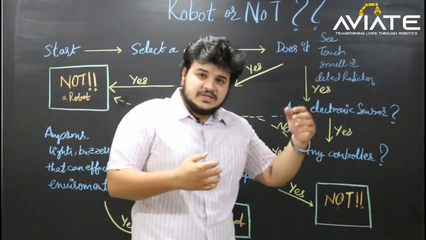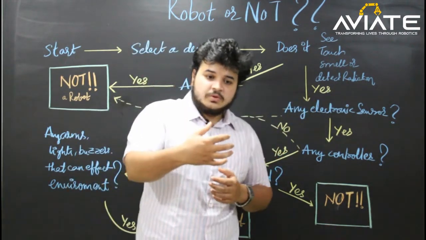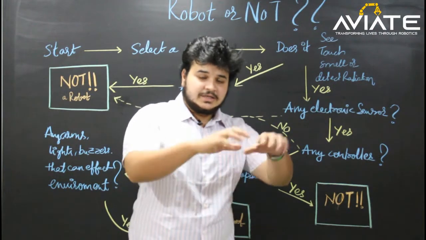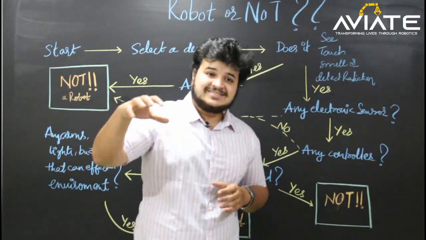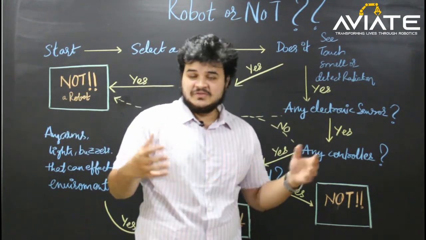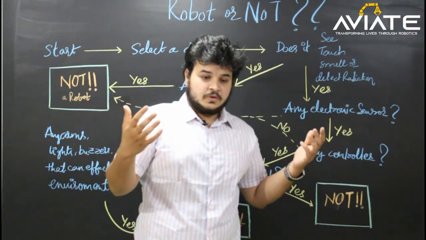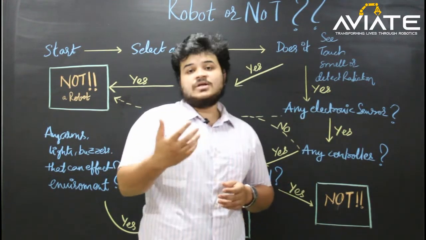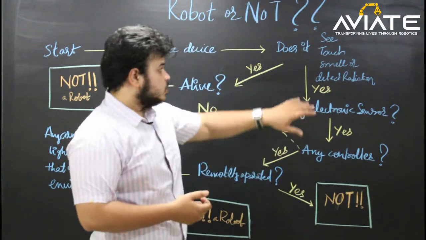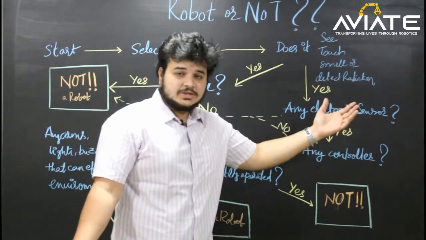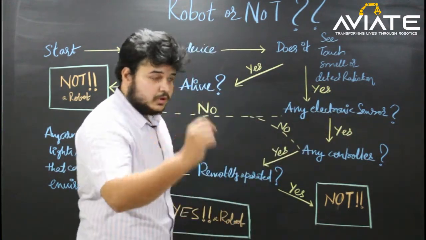So it means if it is having a camera, or a robot having a camera, it can see surroundings, or it can sense thermal radiation if it is having a thermal detector. If it is a temperature sensor, it will detect the temperature surrounding it. So obviously a sensor can do the same thing. Or else there is one more important check.